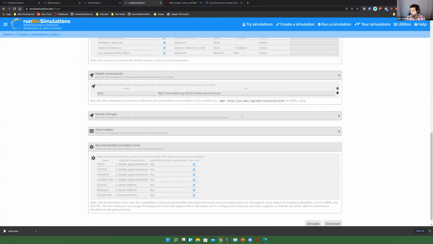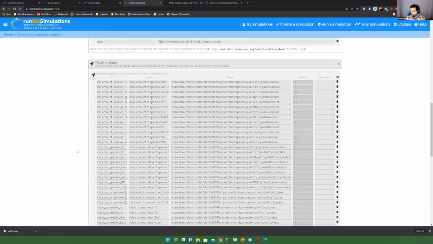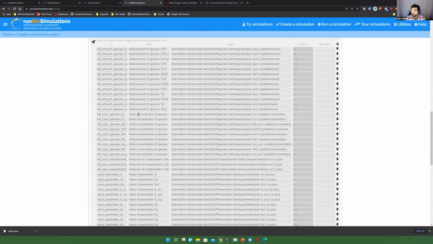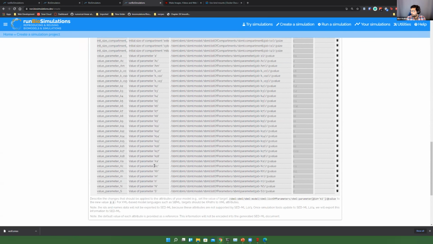Here, we can take a look at the actual various parameters, various species and concentrations that are present here. So we can look at this initial amount of species A3C and see that it's set to 1.5. Well, in this case, let's see what happens if I bump that up a little bit to 1.8. And let's say there's this parameter here that's set to 5. Not exactly sure what it is, but let's just tweak that to 4.5 instead.